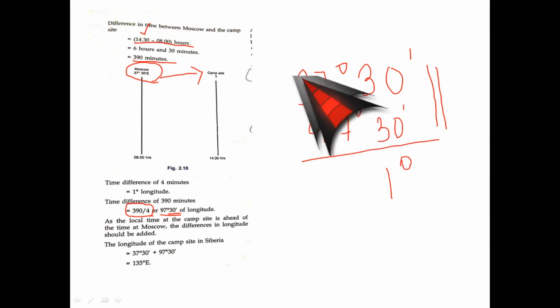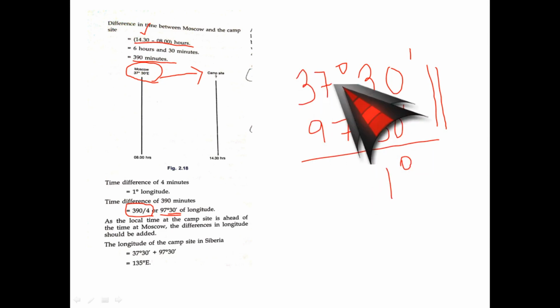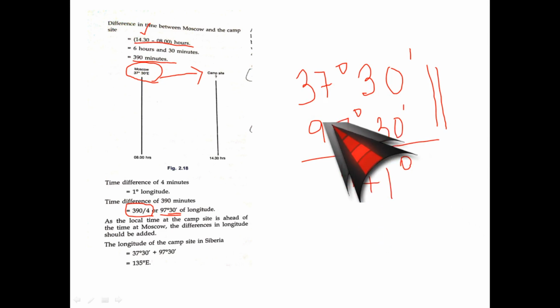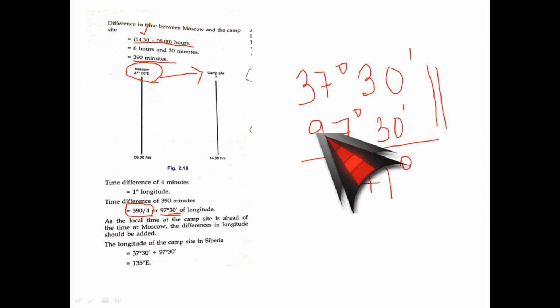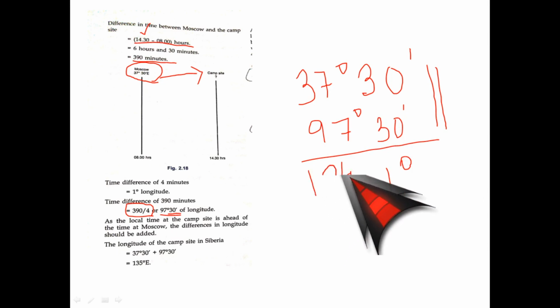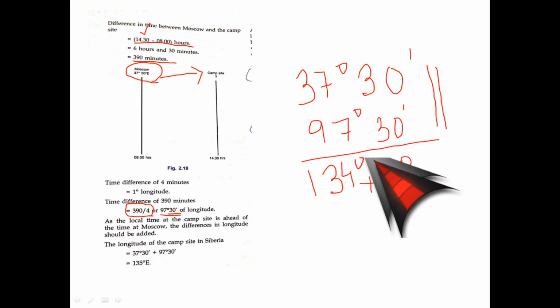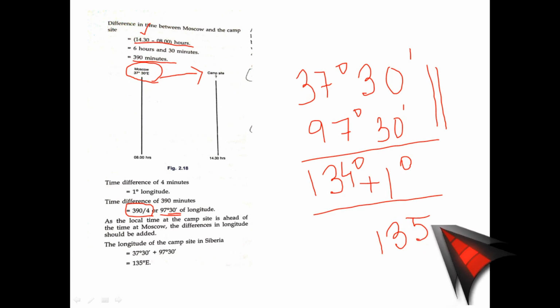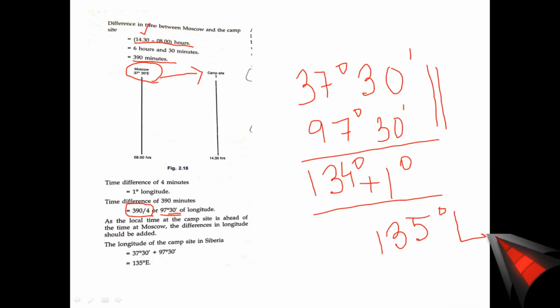So 1 degree is going to be added to whatever value we get. So 7 and 7 are 14, and 9 and 3 are 12, and 13. So 134 degrees plus 1 degree that has come from the minutes gives me the answer, 135